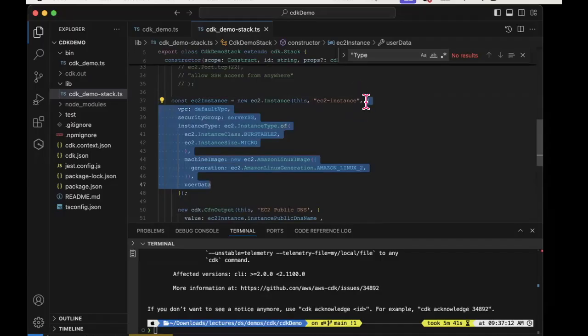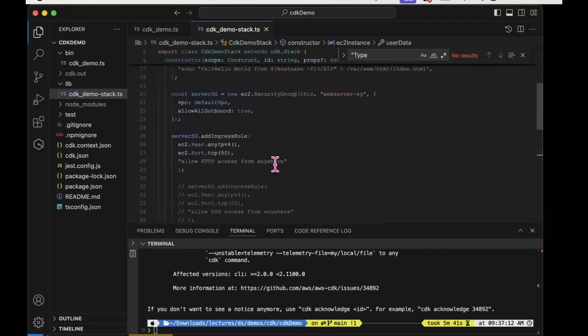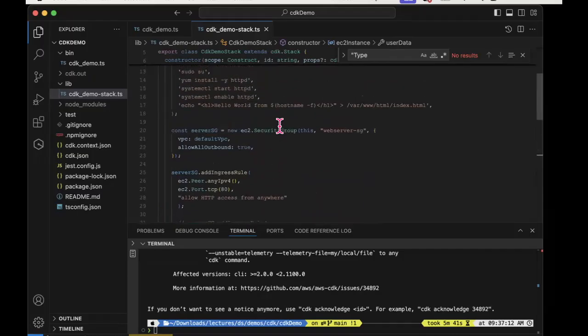Now, the structure of the third argument, that will be different for every type of construct that you're creating. And we can see in the two that we have in this case, it makes sense that the configuration for an EC2 instance is going to be very different from the configuration for a security group, right? How do you find out what is the structure of the object for a particular construct? Well,